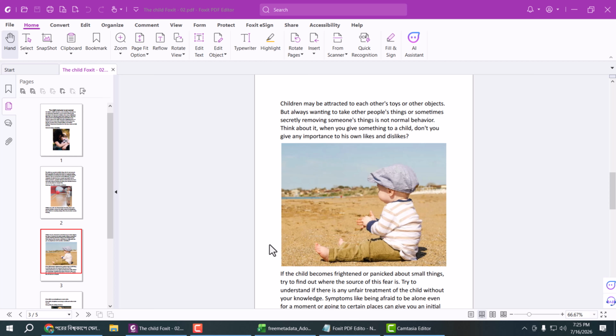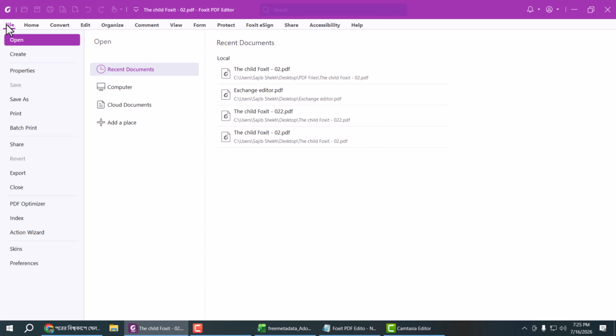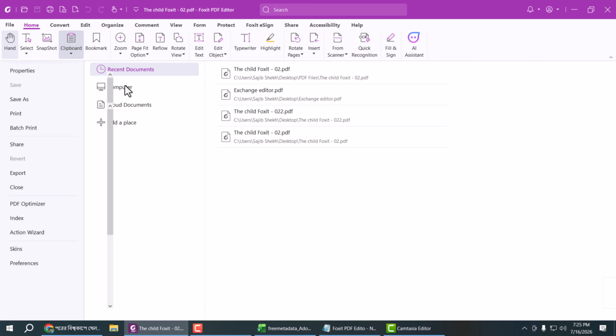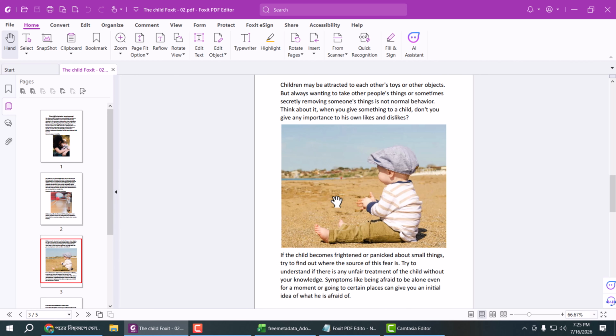Hello everyone, today I will show you how to black out or white out an image in a PDF file using Foxit PDF Editor. Open your PDF file with Foxit PDF Editor, select the File option and select Open. Open from your computer, and I have already opened this file and now I'll black out this